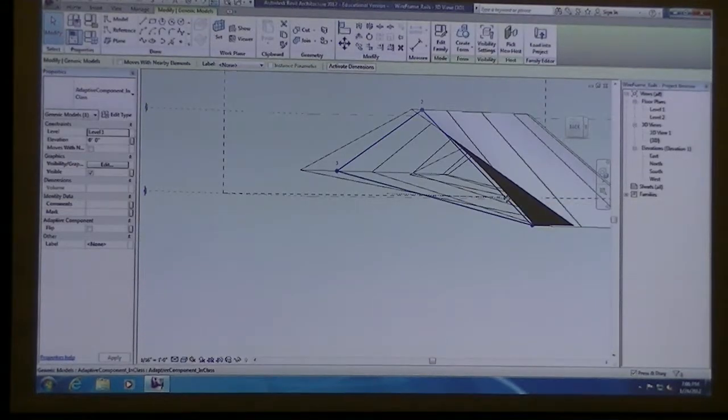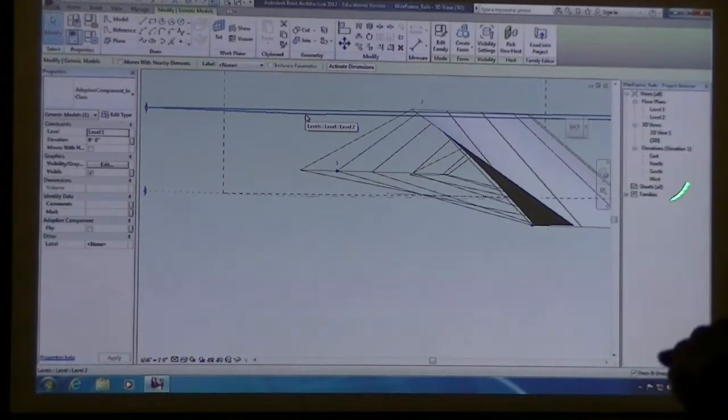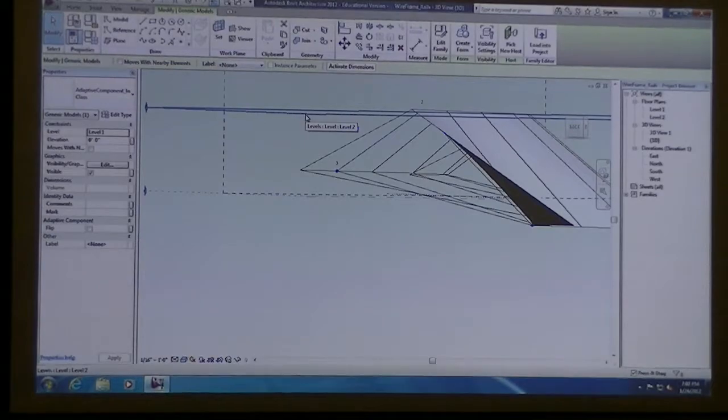How complex could the adaptive component be? What are you thinking? I mean, could it be a surface? Yeah, and so what we're going to do now is we're going to go back into the adaptive component, and because we've got this wireframe component, we can actually add a surface, we can add any kind of thickness to it and kind of modify it, and it becomes kind of this tectonic structure that you can then start to further develop. So if everyone at least has this part established, it goes wherever it wants to.